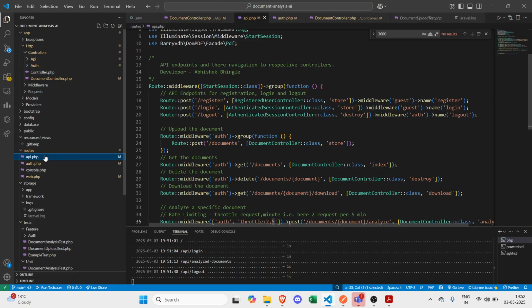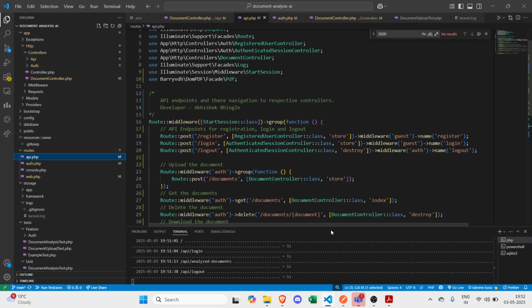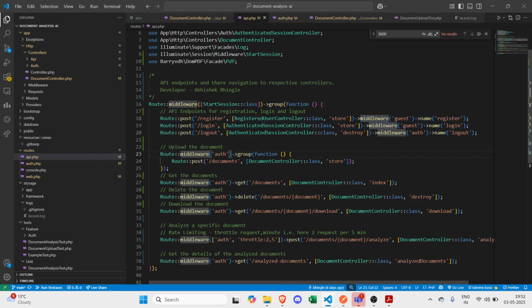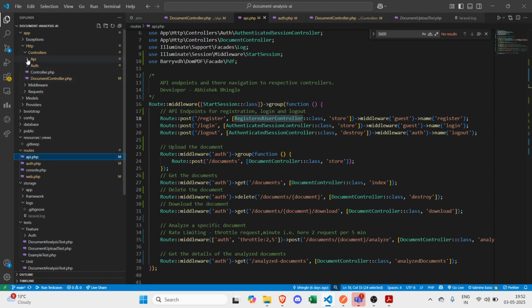So this is the main API.php file. This is the heart and soul of the project. Here all the REST endpoints are present. Let's take an example of register. The register endpoint uses this controller, and in this controller we can find all the code written